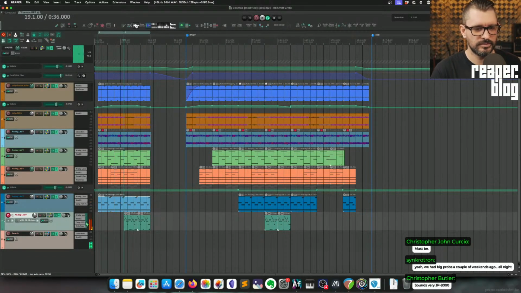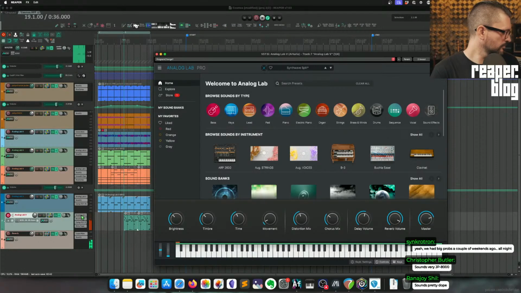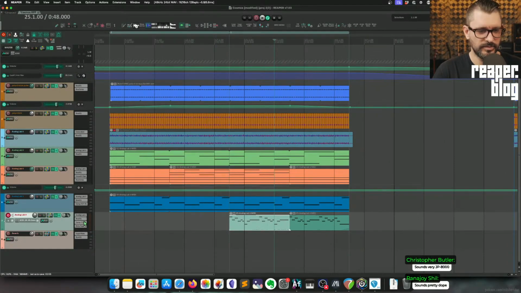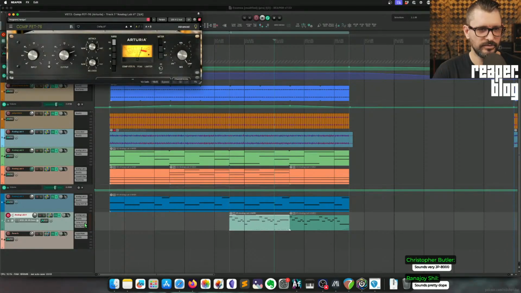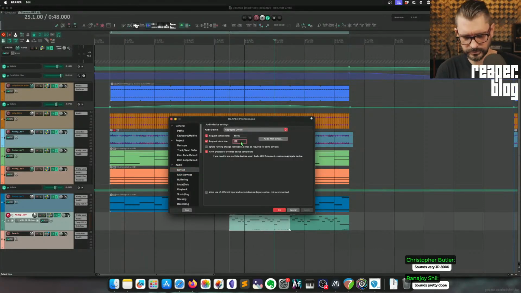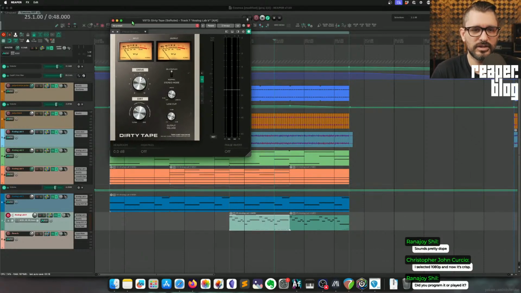This one is the melody. I don't remember how to play it, but I did a bunch of takes of this to be mostly a real recording. Analog Lab, re-EQ, the FET 47. I have to increase my buffer size. This is annoying me. I consider putting dirty tape on the entire project. And then, I don't know, this is just a little too colored. You don't get the real deep lows or anything, but